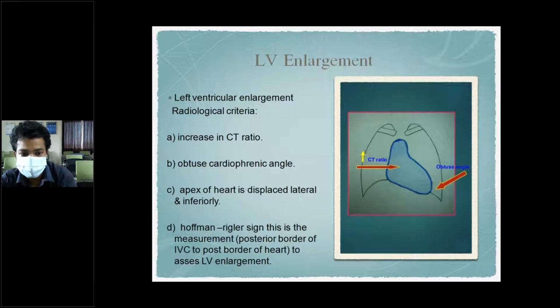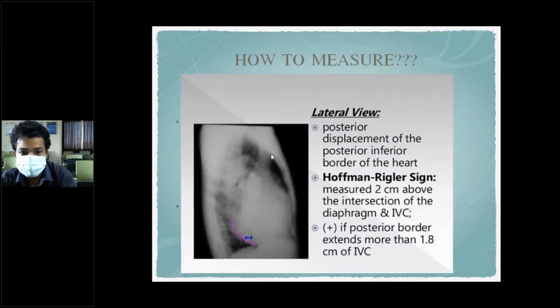One more sign which will help you on the lateral chest radiograph is the Hoffman-Rigler sign. This is the measurement from the posterior border of the IVC to the posterior border of the heart, to assess left ventricular enlargement on the lateral chest radiograph. This is the left lateral view of the chest radiograph,